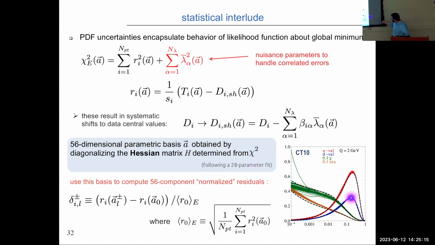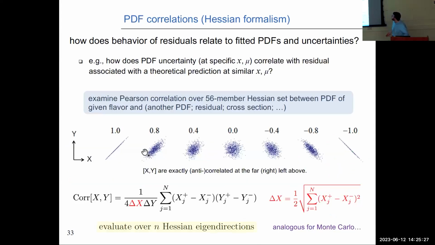And that's what's typically shown in plots like this, where these various colorful lines are the eigensets corresponding to each of the various fitted PDFs about the central fit. You can do interesting things once you have this at your disposal. You can look at correlations from one PDF to another PDF, or you can look at parametric correlations between the PDFs and anything derived therefrom. It could be a cross-section that I would calculate on the basis of the PDFs, or anything for that matter. It could be the moments of the PDFs.